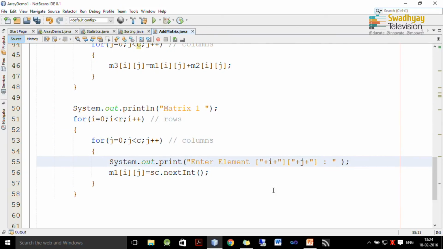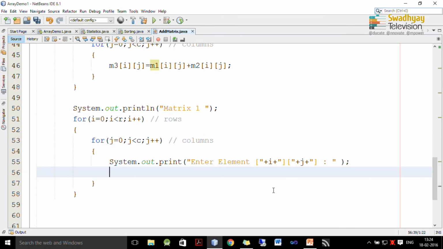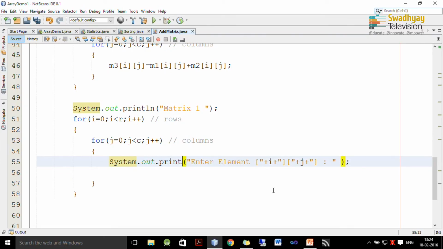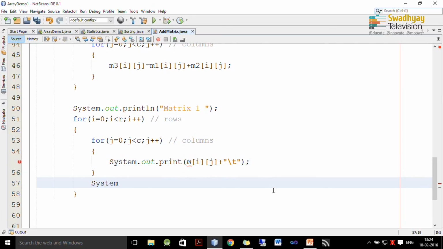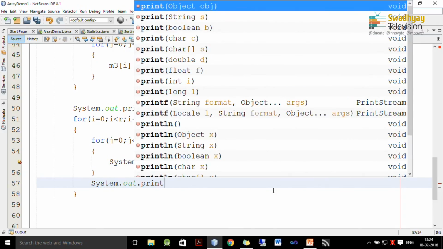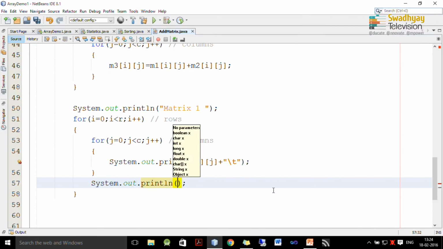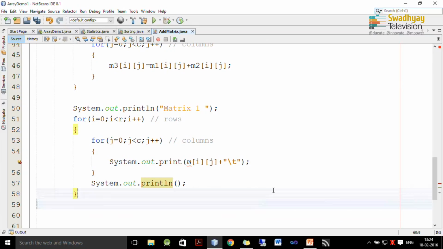So, here we write down M i j and we separate each element by tab. Now, once first row is displayed, we want to go to next line. So, here we just write down println to print next